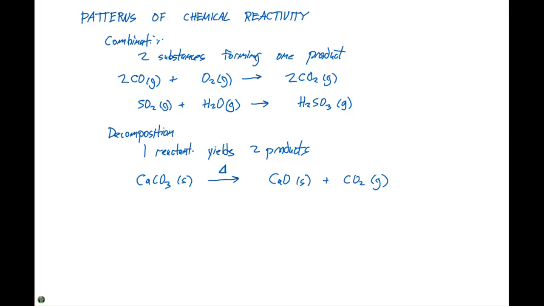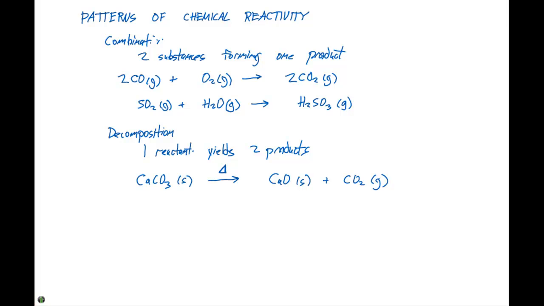We need to double check to make sure this is balanced. We have 1 calcium on the left and 1 on the right, 1 carbon on the left and 1 on the right, 3 oxygens on the left, and 1 plus 2 or 3 oxygens on the right hand side. So that is balanced. And typically with these decomposition reactions, you need to put some type of energy or heat into them or do something to break down what that reactant is. Some of them happen spontaneously, but in most cases we need to apply some type of energy to push this